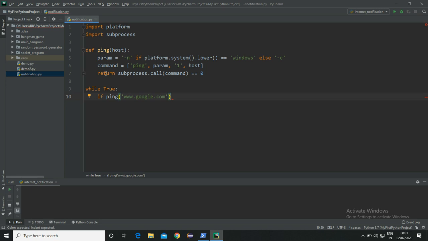Now here, if this return statement will return true, then we should get the notification. For that, if it gets in the if condition, then print running, and now we should get the notification. For that we are going to use